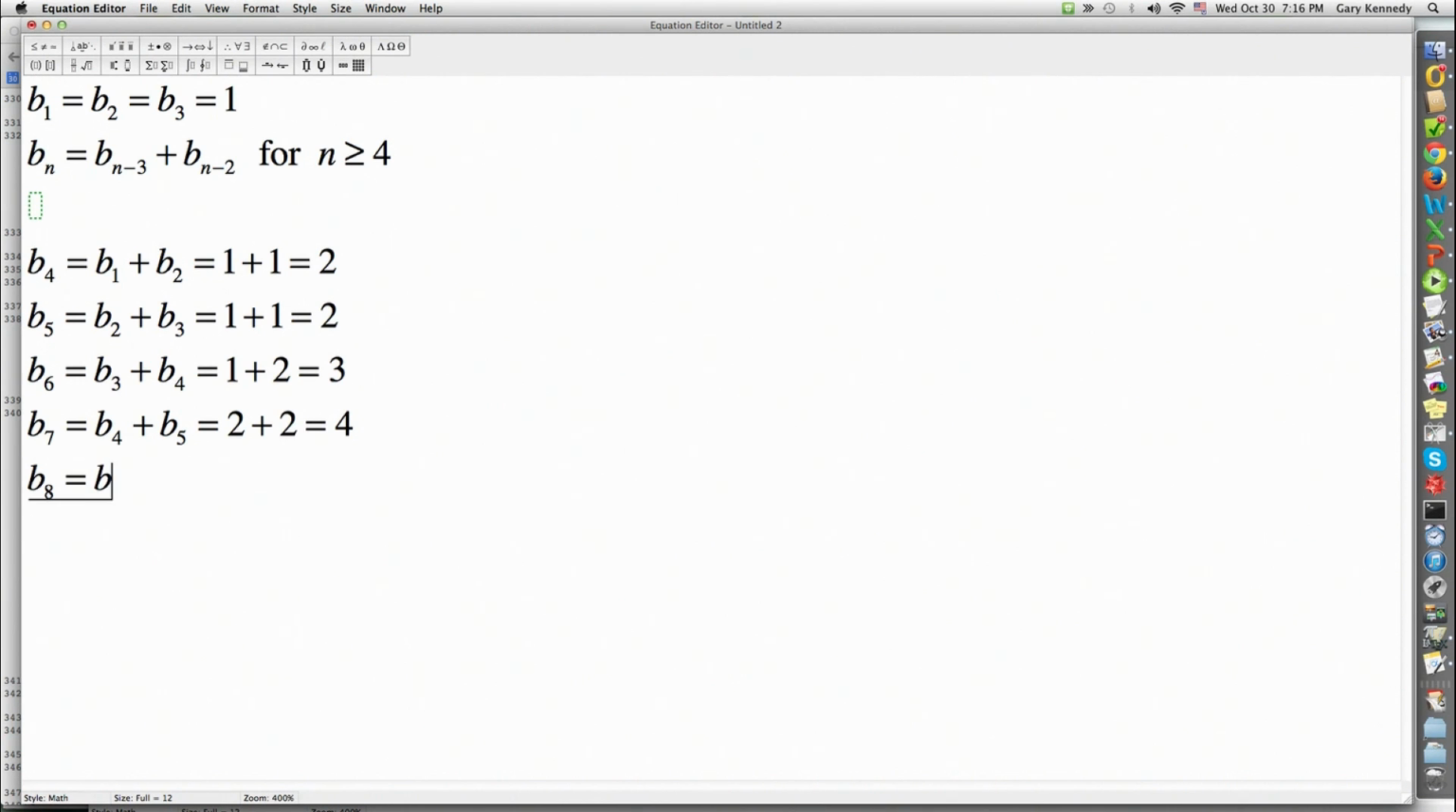b8 is b5 plus b6. b5 was 2, b6 was 3, and so we get 5. Okay, b8 is 5. Now maybe it's time to try to get a more sophisticated understanding of what this is